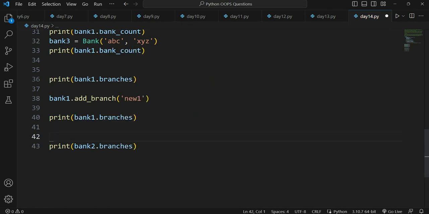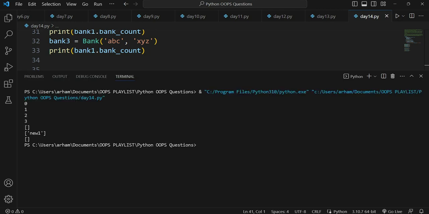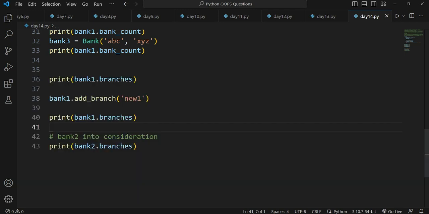Now what I'm doing here is I'm taking bank 2 into consideration, and now let's run the code. You see that this is what we got. We got an empty list. Why did we get an empty list? Because in bank 2 there are no added branches.